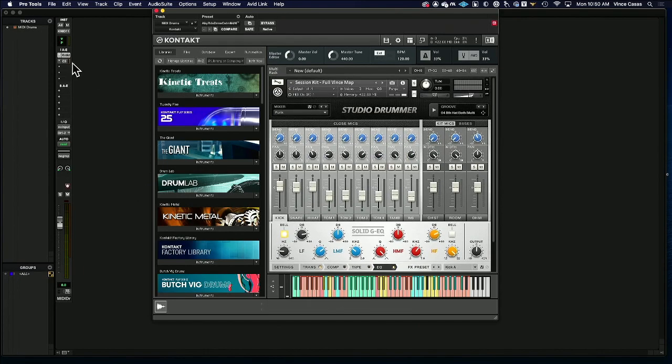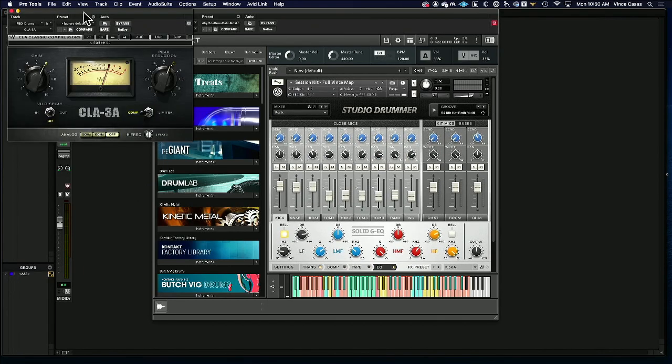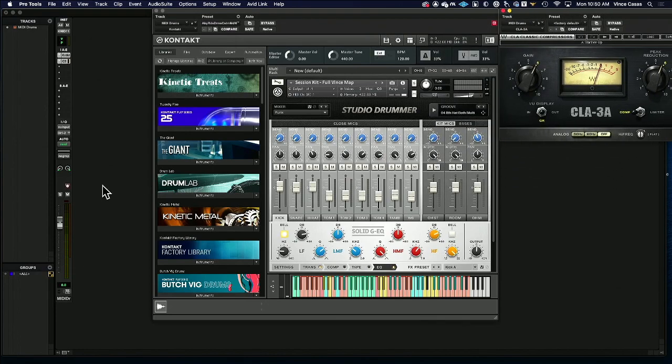Alright, all this stuff looks good, and I'm running with it. I'm just running a compressor to kind of get that sound. Then what we're going to do